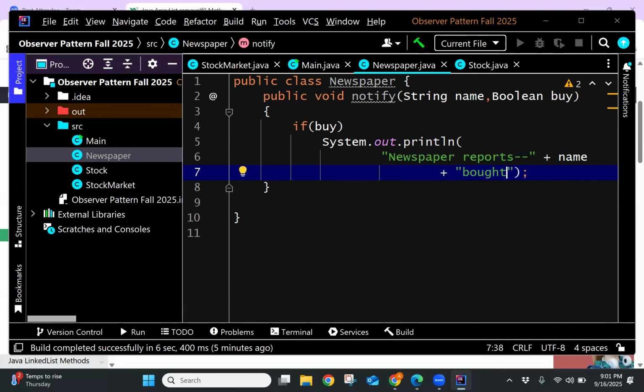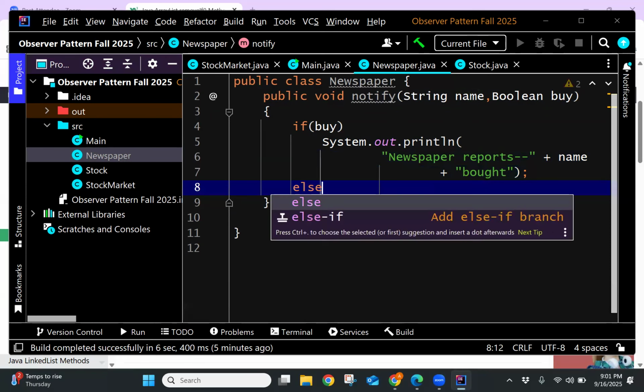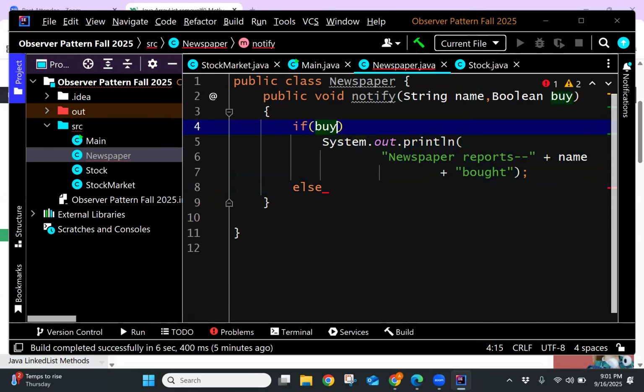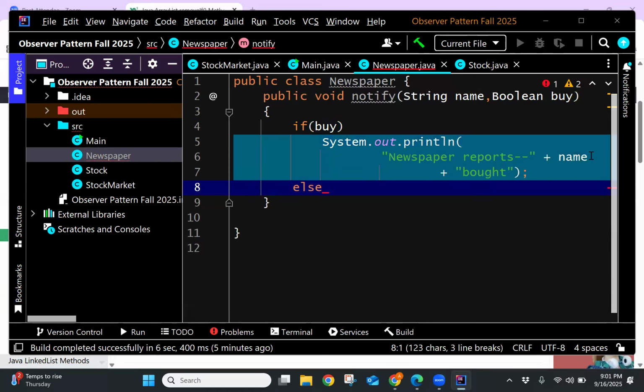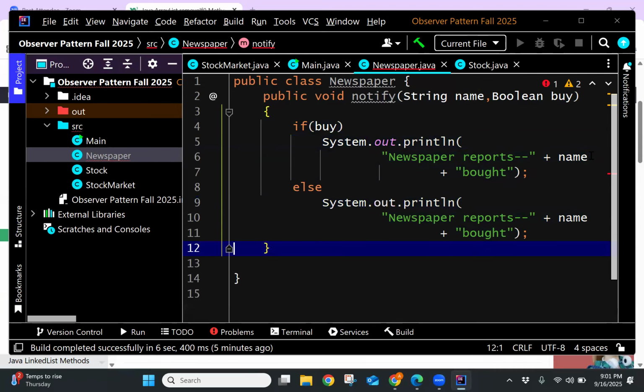Okay, so we buy, else. Okay, so if we're buying, the newspaper is going to report it's bought, and otherwise,